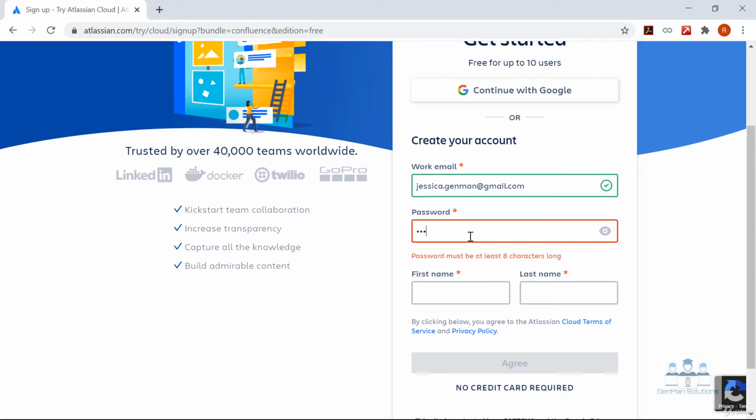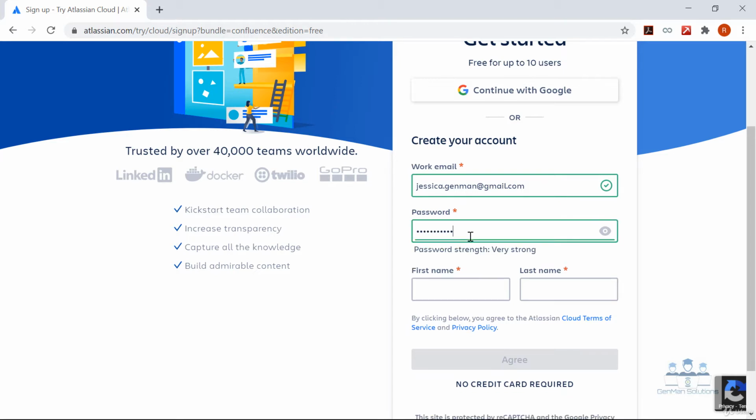And insert a password. Enter your first name and last name. And then click Agree.